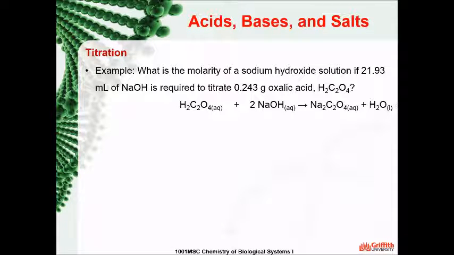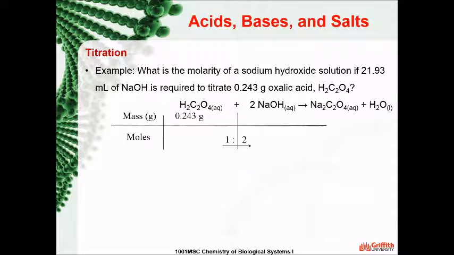What is the molarity of sodium hydroxide solution if 21.93 milliliters of NaOH is required to titrate 0.243 grams of oxalic acid, which is H2C2O4? In this example, we start from the mass of the acid, 0.243 grams. We go from mass to moles using the molar mass from the periodic table, which is 90.04 grams per mole. Thus, the number of moles is